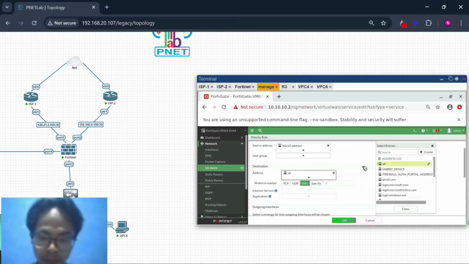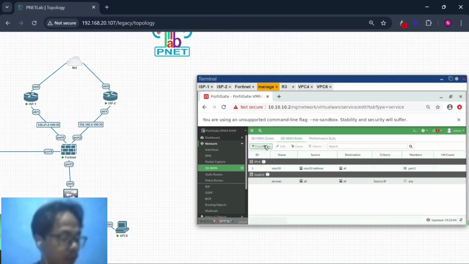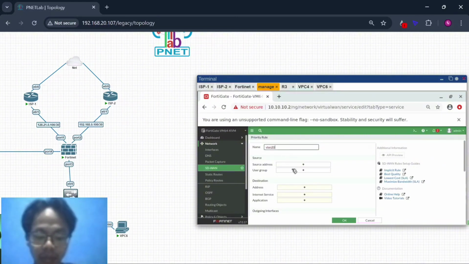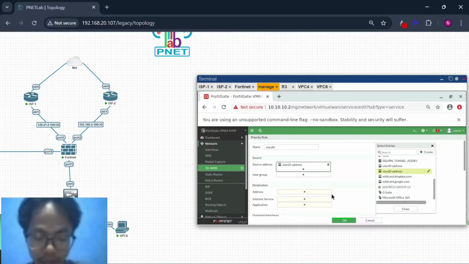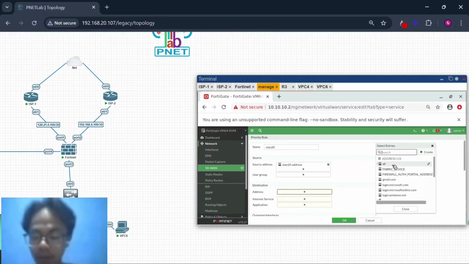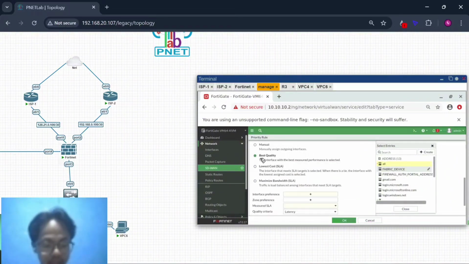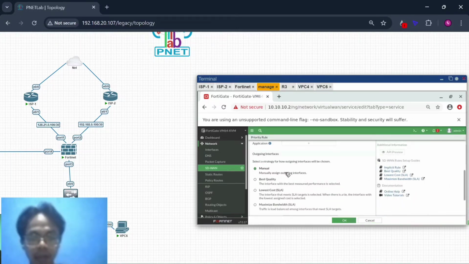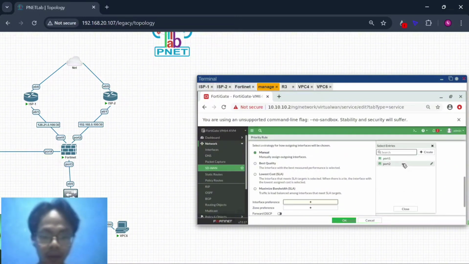And then write for VLAN 20, name VLAN 20, source address VLAN 20. Destination all, and this is manual, outgoing interface manual, and interface preference is port 2.